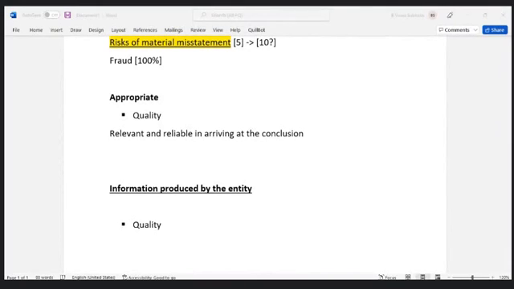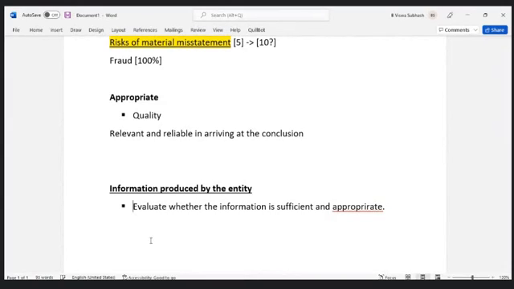Okay. So when we are obtaining any audit evidence, we need to evaluate whether it is sufficient and appropriate or not. That is the very first thing that we need to check. Evaluate whether the information is sufficient and appropriate. So instead of defining the name of the document, they are just giving a parameter and they say if the document given by the entity is enough for you